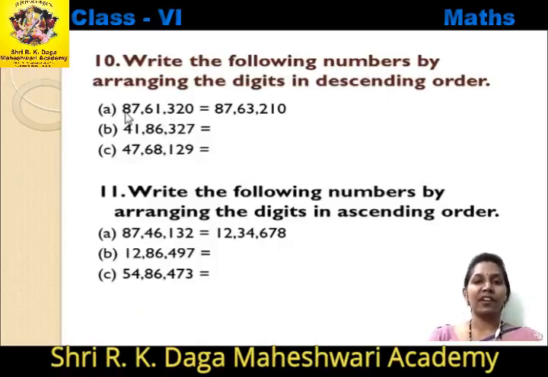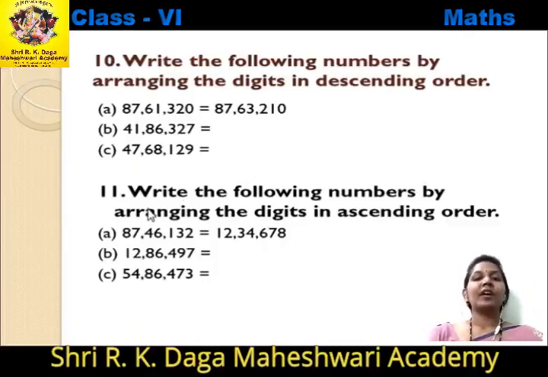So first we will write the greatest number, that is 8, after that 7, then 6, after that 5 and 4 are not there, so 3, after that we will write 2, 1 and 0. Now the digits are in descending order, and the new number formed by arranging the digits in descending order is